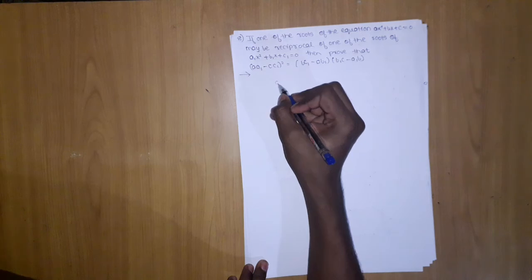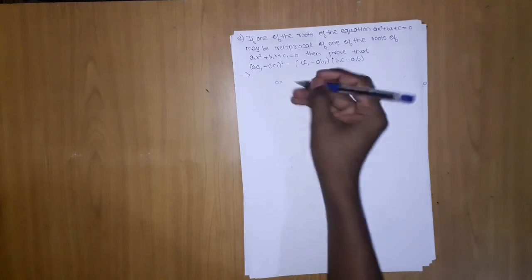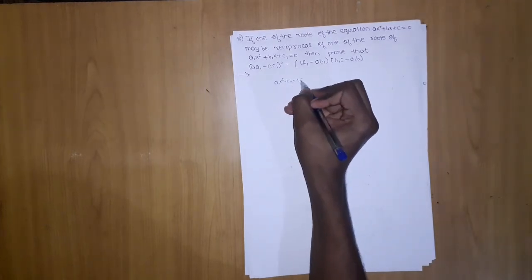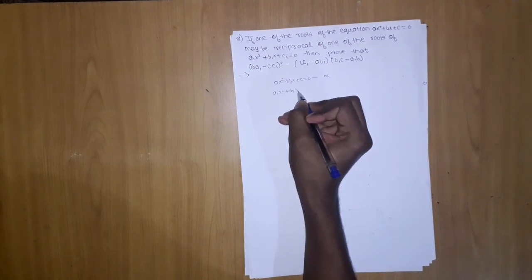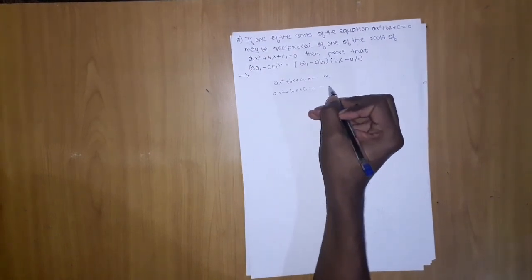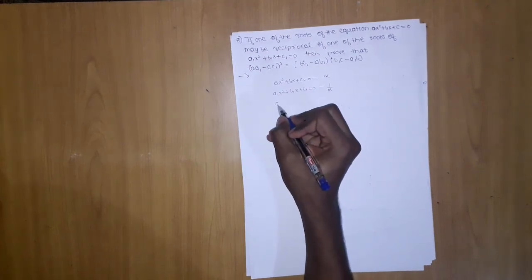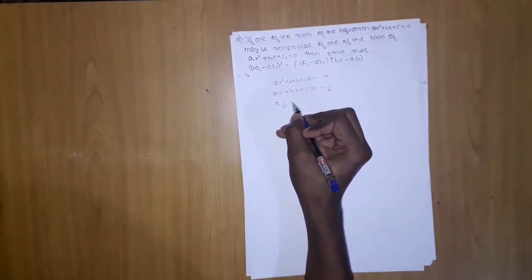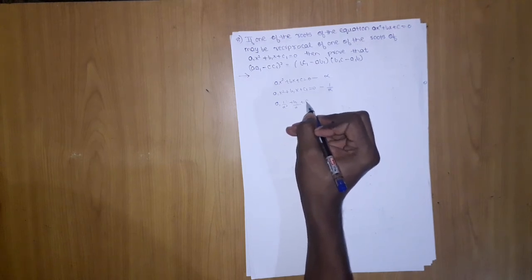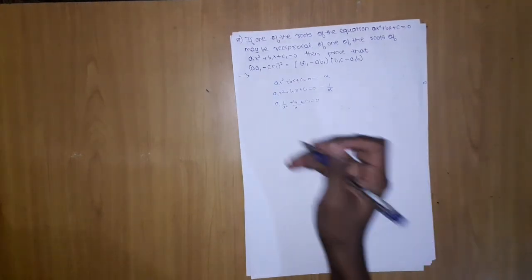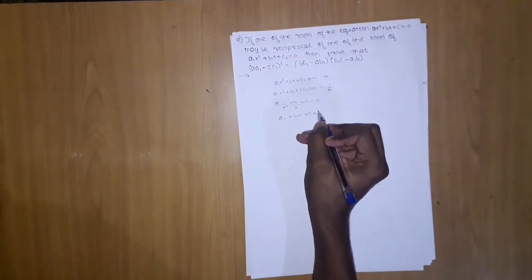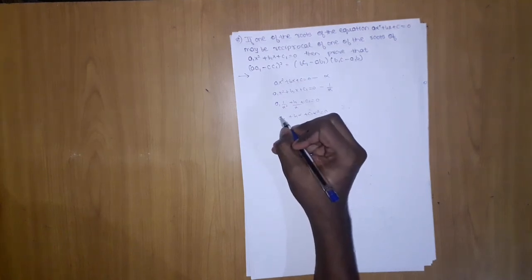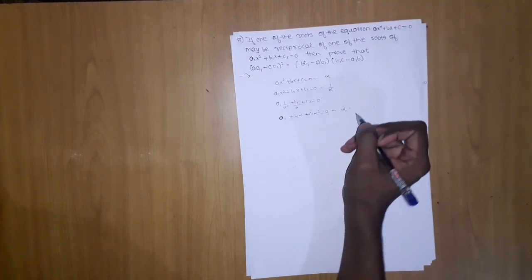So if ax square plus bx plus c equal to 0 has root alpha, then a1 x square plus b1 x plus c1 equal to 0 has root 1 by alpha. Now if I put 1 by alpha in it and multiply throughout by alpha square, what am I getting? I am getting a1 plus b1 alpha plus c1 alpha square equal to 0. Now, what are this equation's roots? This equation's root is alpha.